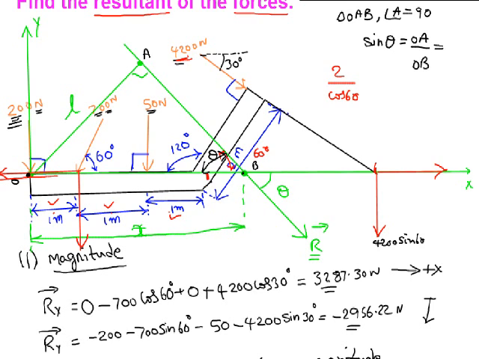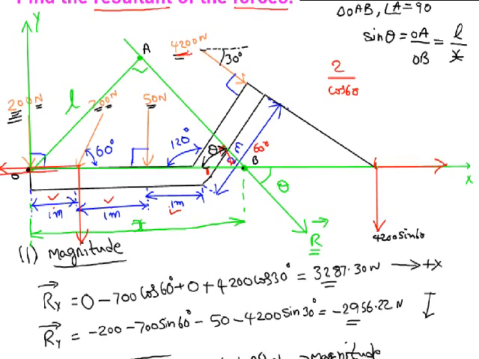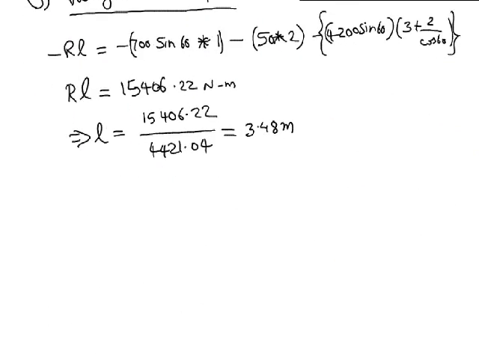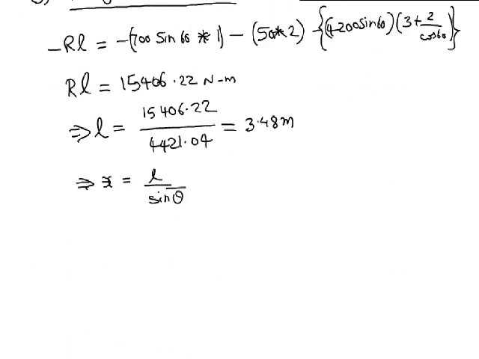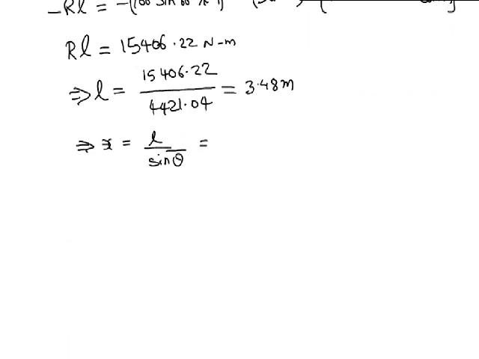We know OA is L, and this OB we are calling X. So X is L by sine theta. We know the value of theta, 41.96, so this X is equal to 5.2121